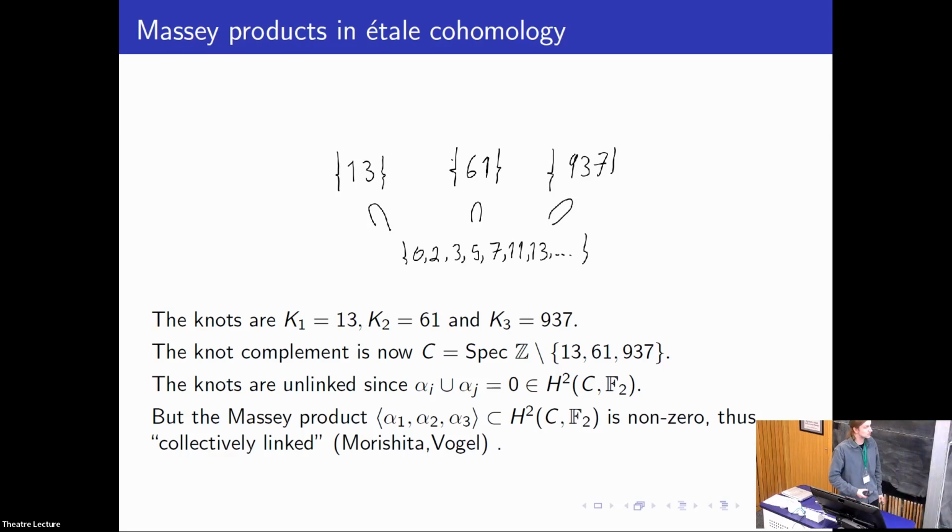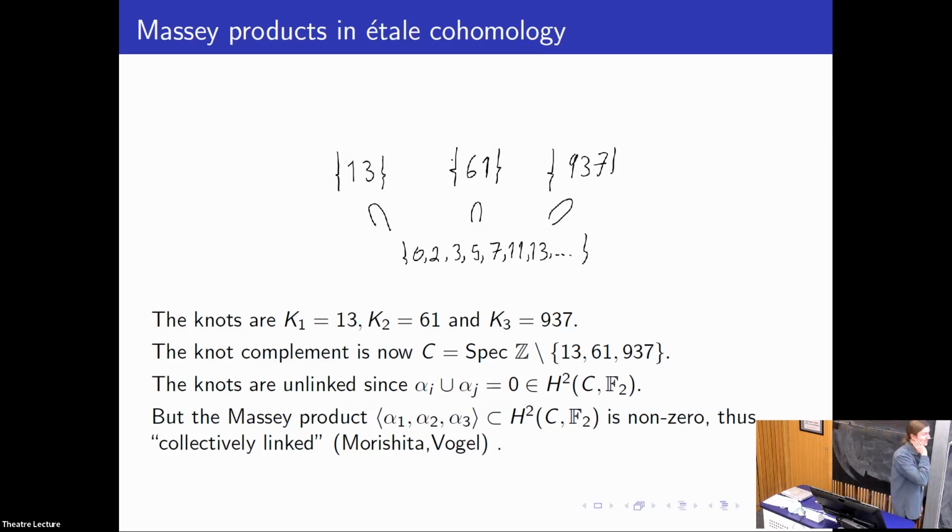And you see that this analogy uses the bridge of étale cohomology theory. That's usually how you go between the two worlds. You have 3-manifolds and number fields, and you go via étale cohomology to see the analogy. Okay, so I think this is a nice analogy.